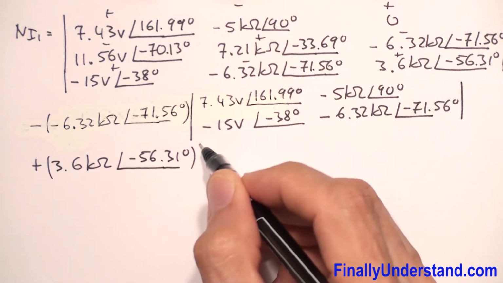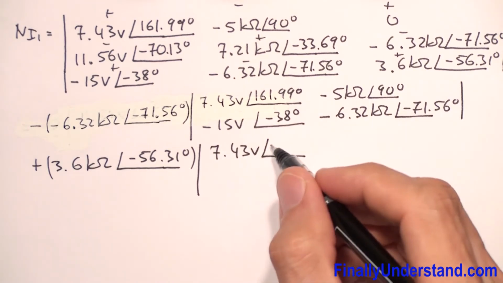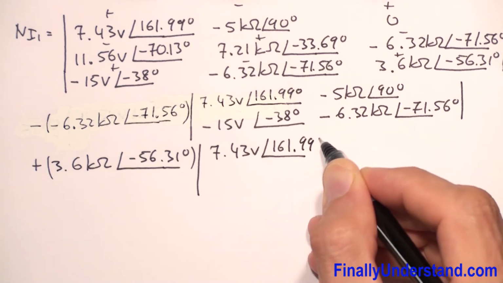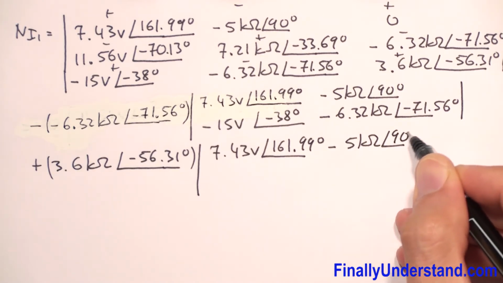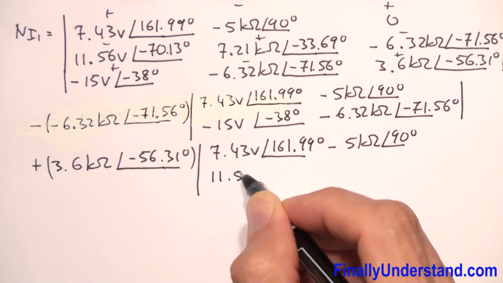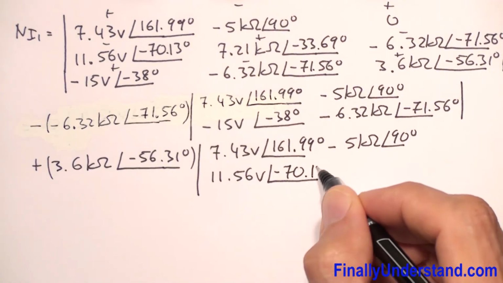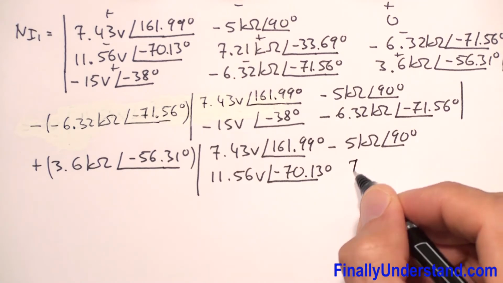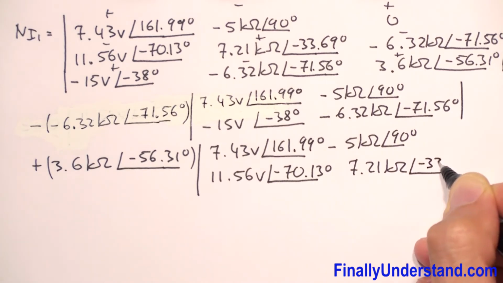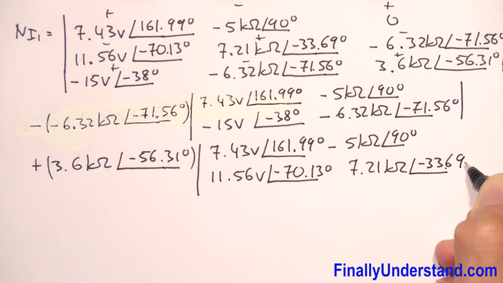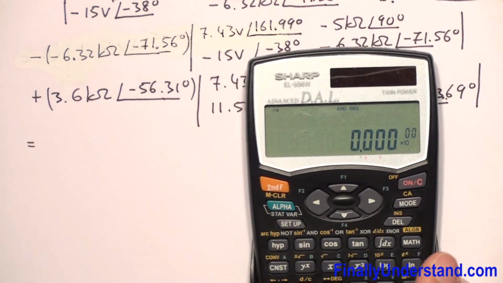times 7.43 volts and angle of 161.99 degrees, minus 5 kilo ohms and angle of 90 degrees, and I have 11.56 volts and angle of negative 70.13 degrees, and I have 7.21 kilo ohms and angle of negative 33.69 degrees. Now I'm going to use the calculator, so negative times negative will give me positive, and